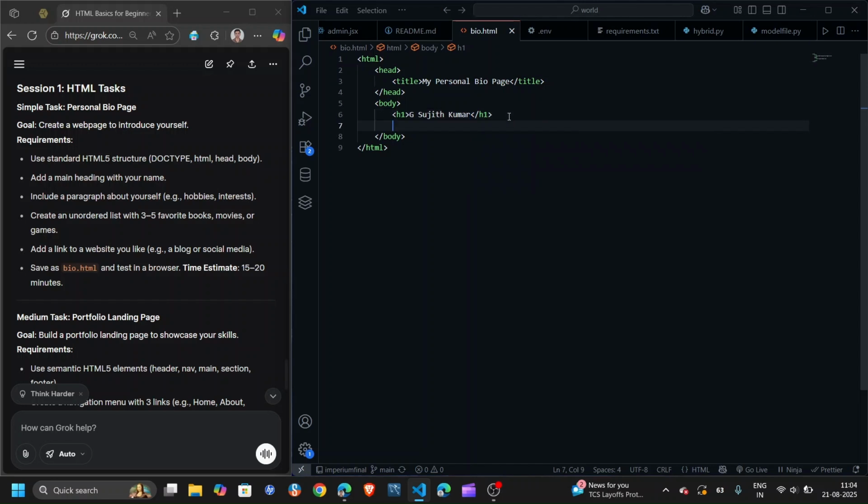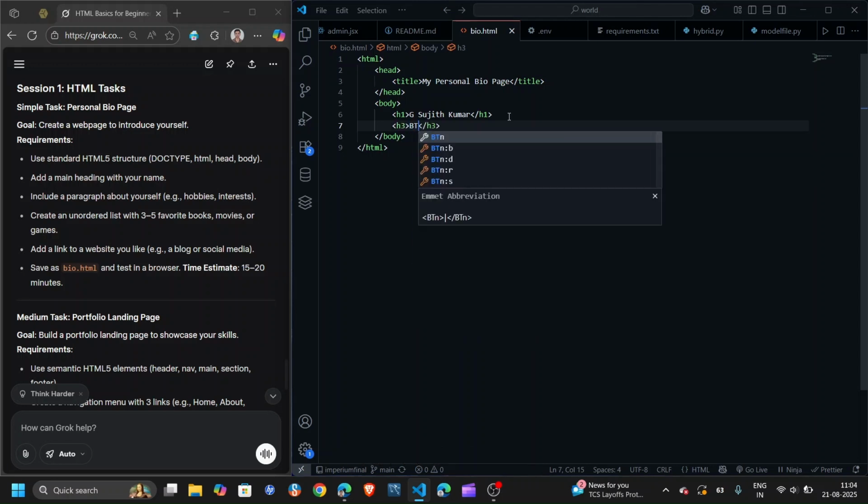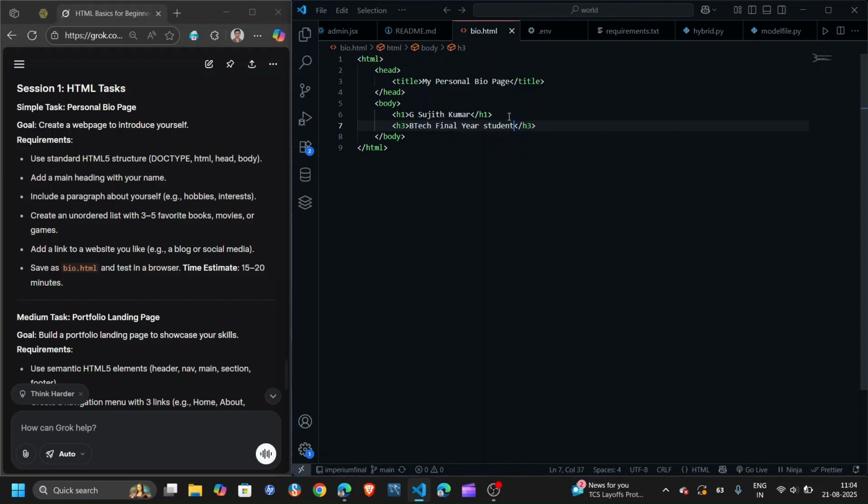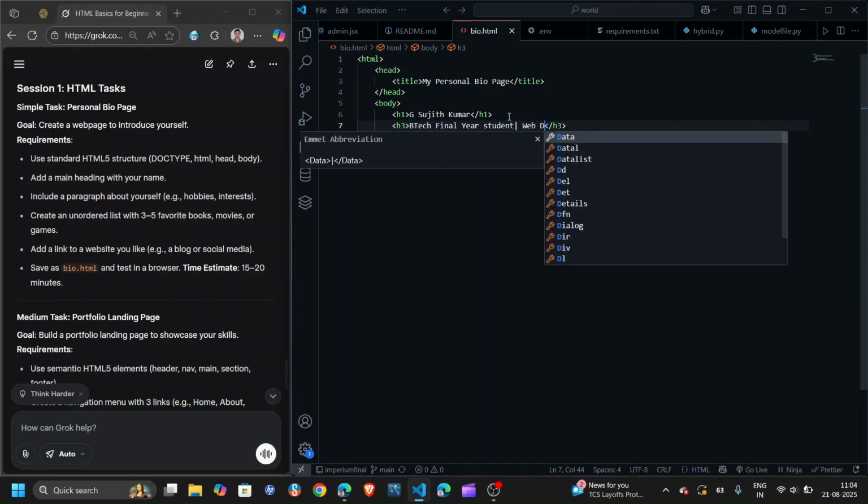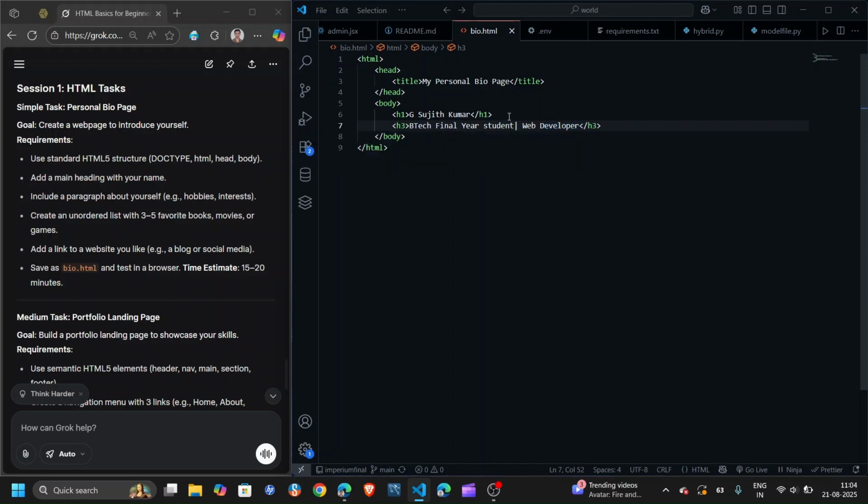and we are going to add a main heading with your name. Main heading, Jesus Kumar, and then H3, maybe some H3. We take final year student, final year student, and then web developer,